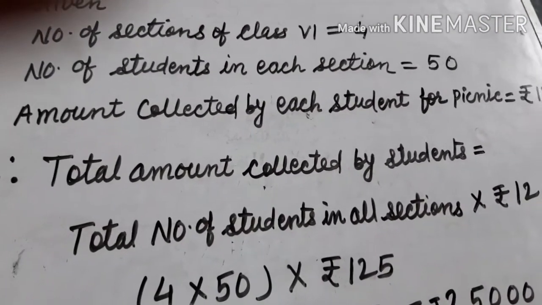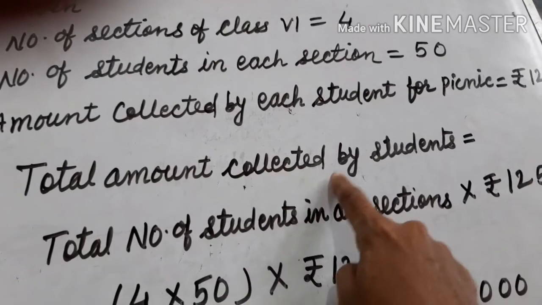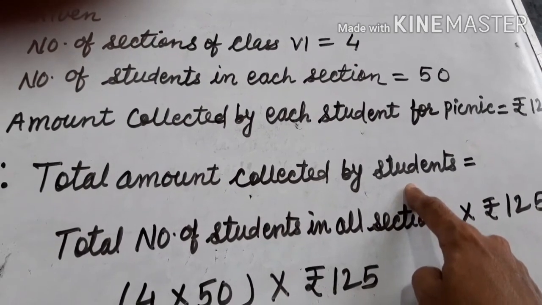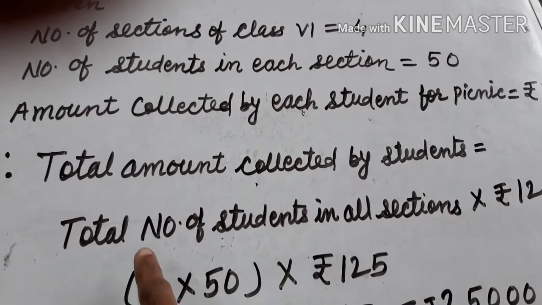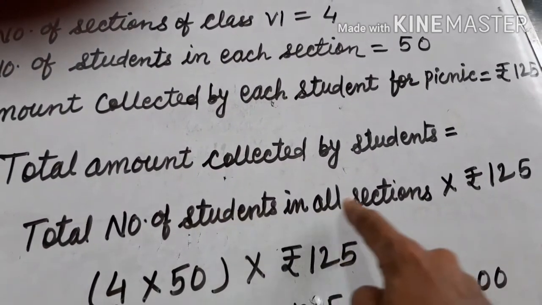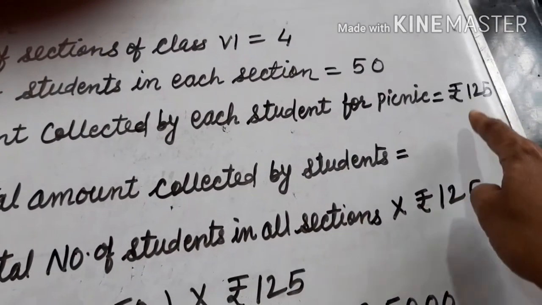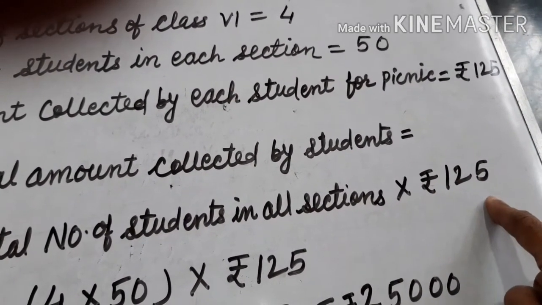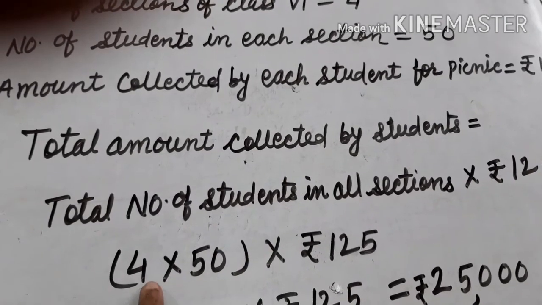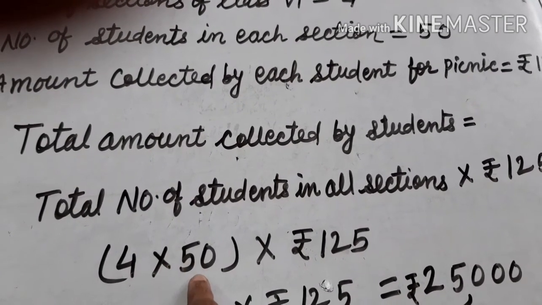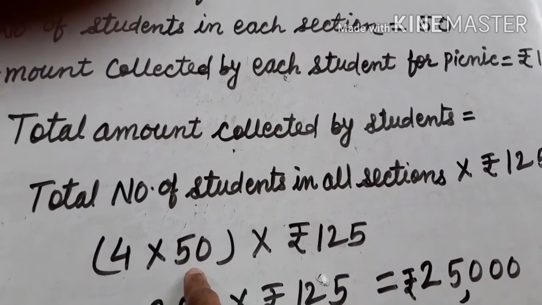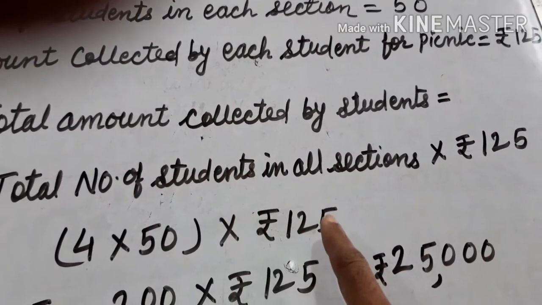So what we have to find? We have to find the total amount collected by the students. So how will we find it? First we have to find the total number of students in all the sections. Total number of students in all sections into each child giving rupees 125, so we will multiply with rupees 125. So there are total 4 sections and in each section there are 50 students. So when we multiply 4 into 50, we will get the total number of students in all 4 sections,